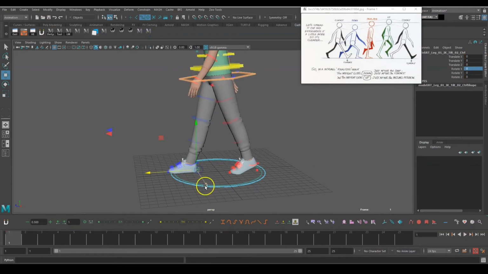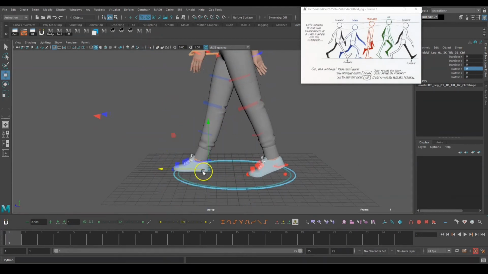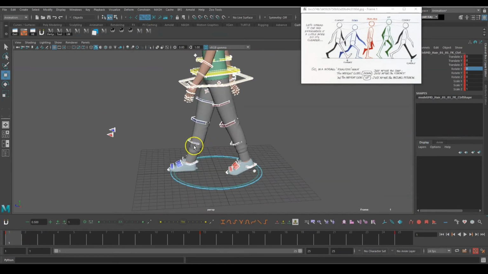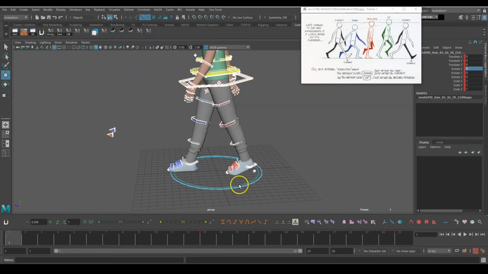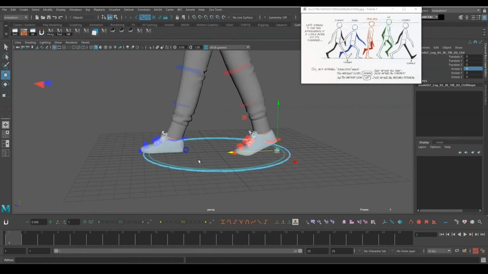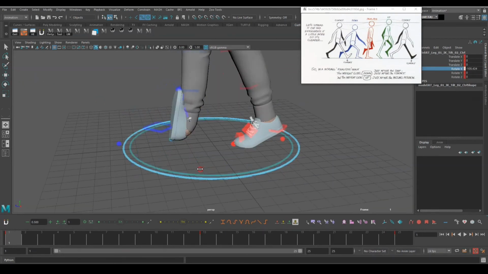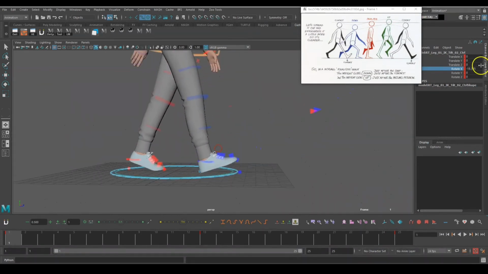So in this, if I set a key, actually what happened is this control is not added over here. Also this control, for now we can do manually. So we'll keep this minus 18.